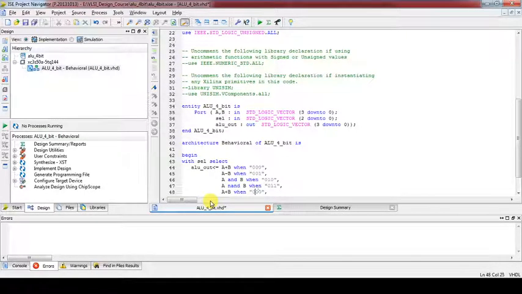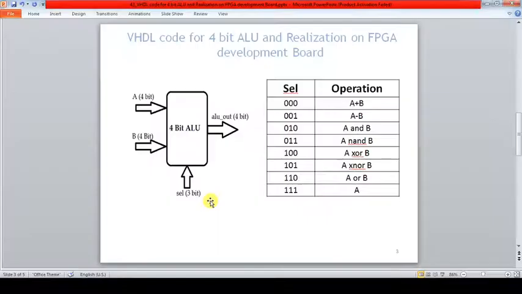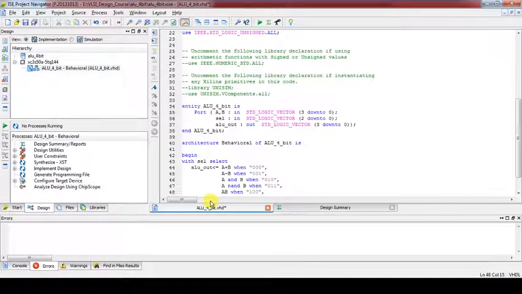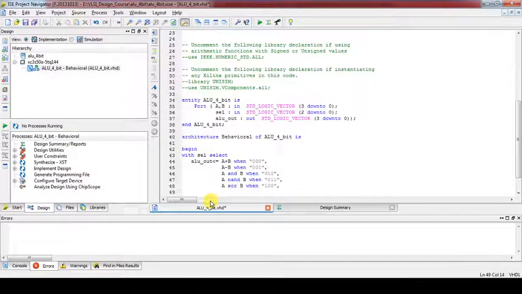Then when it is 1 0 0, for 4 it is A XOR B, yes. Then for 1 0 1, it is XNOR, right?